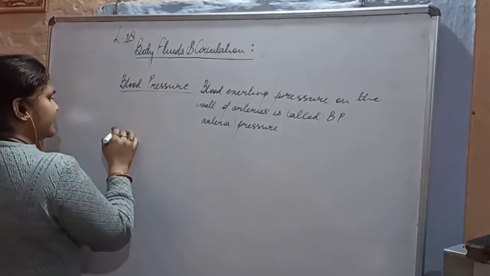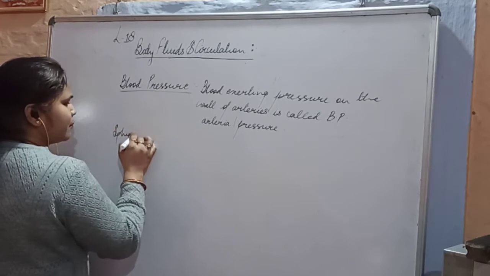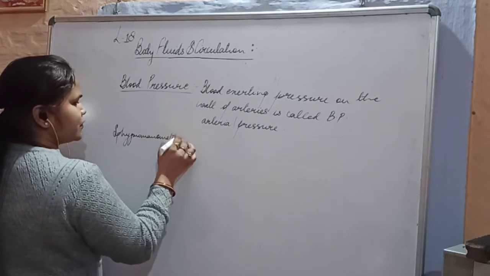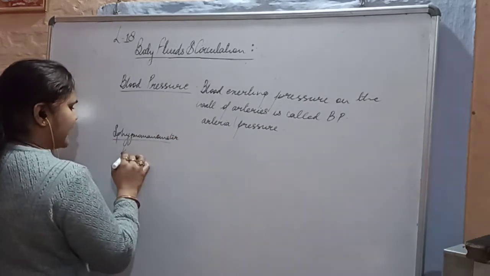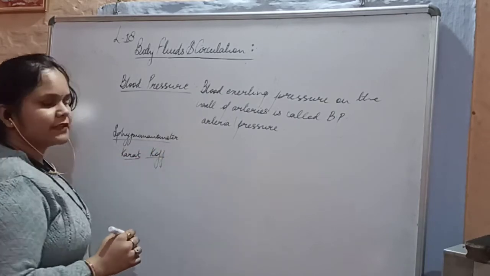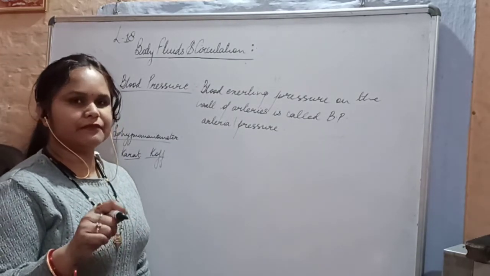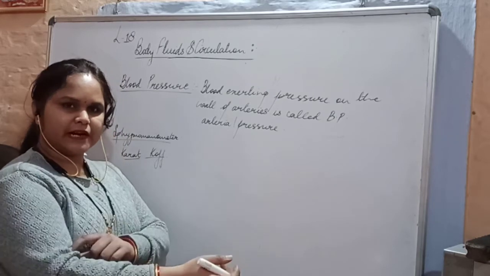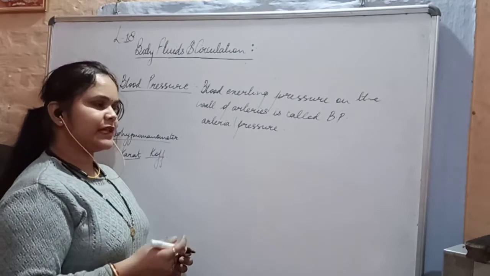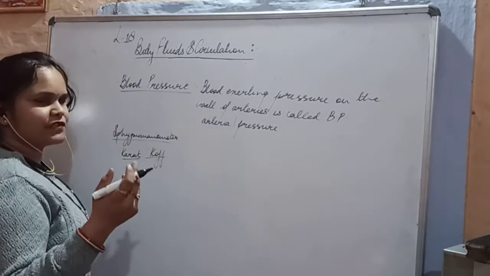Now it is measured by an instrument called a sphygmomanometer, which was discovered by the scientist Korotkov. A sphygmomanometer has mercury filled inside it, and it has a cuff which has to be worn on the biceps, and then it measures with the help of a pump. Its working is different, so it is done with the help of physicians.